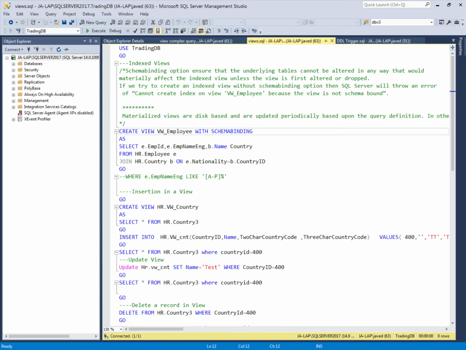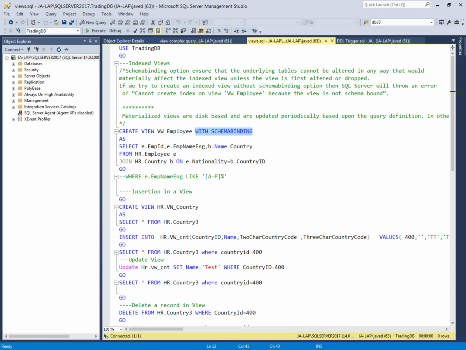So this is the query analyzer. Here we are going to create an indexed view, and indexed views are materialized views which are on the disk, which are disk based, and this is the syntax. Here we will use the same syntax as for normal views: create view, view name, but we have to add the option with schema binding here, and this will create the indexed view.